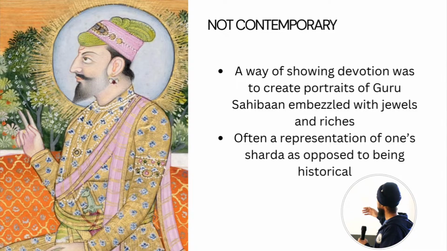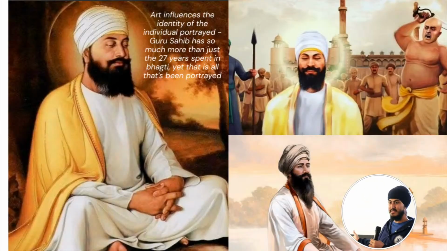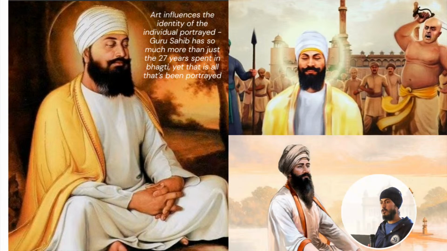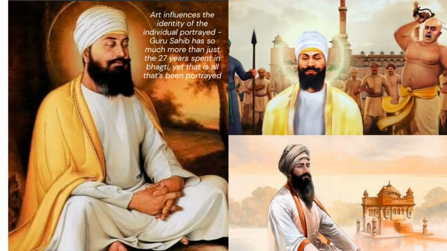And so from the images that we just saw, these are the modern day depictions of Guru Sahib. This one in particular is based on Guru Sahib when they were sitting in Paura Sahib, doing bhakti for over 27 years. That's fine, because Guru Sahib may have worn very simple clothing at the time, just because they were by themselves. But that's reflected in every single modern day depiction we see of Guru Tegh Bahadur Sahib Ji. We always see them in simple kapre, not in these beautiful robes and adornments that we've just seen. That's the issue that I have, and that's what we see in every single image I've been showing.